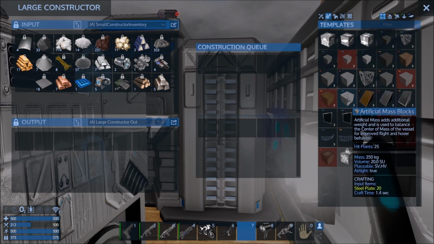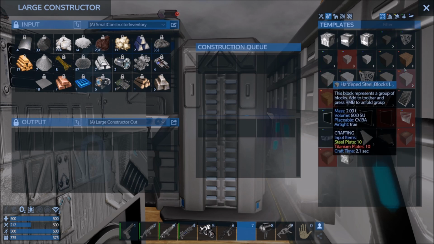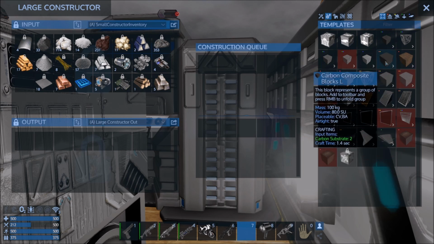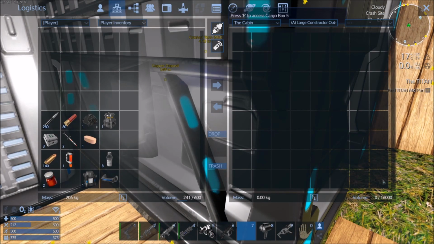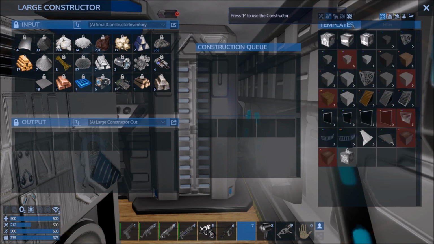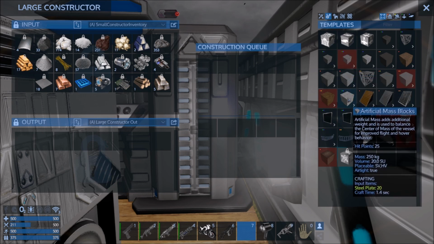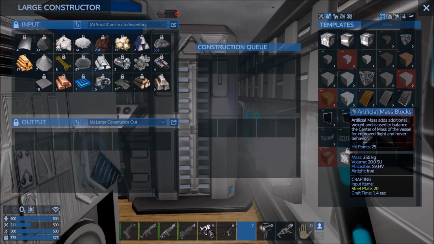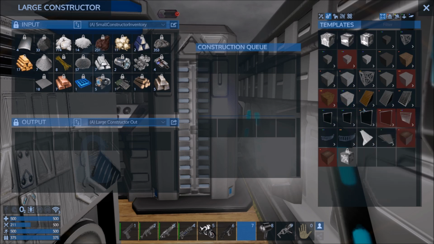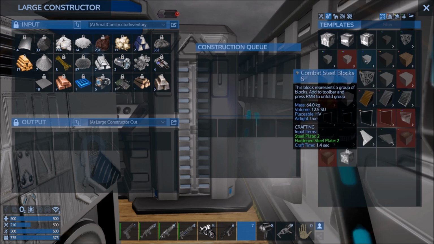SU. Well, that's a small block. But all of the large blocks are 80 SU. So for space purposes, you can only hold 200 in a 16,000 SU thing. All of the small blocks, as you'll see, are 12.5 SU, with the exception of the artificial mass block, which is 20 SU. Which is weird because it's the same size as the others. Anyway,